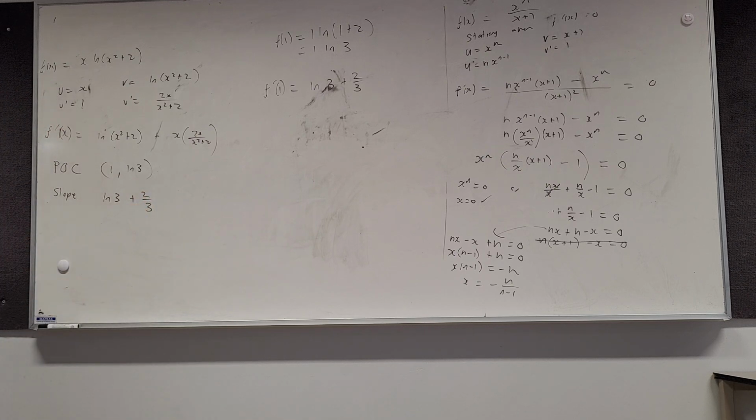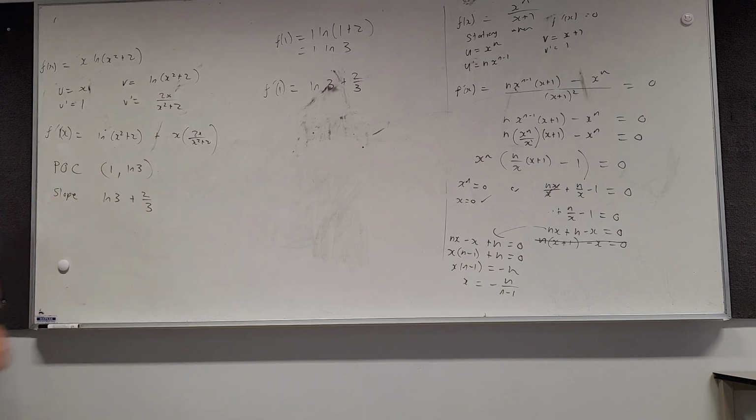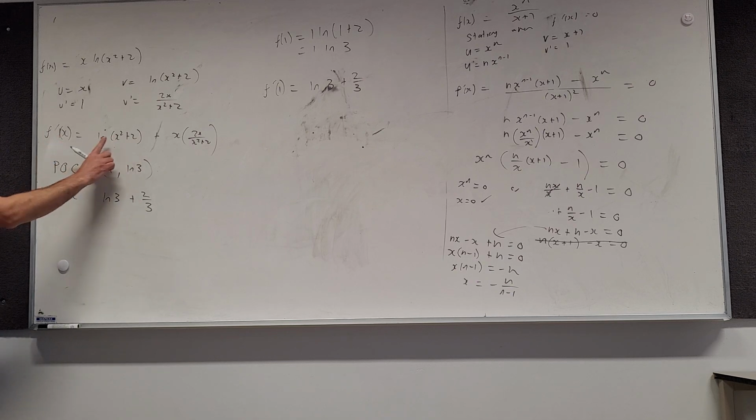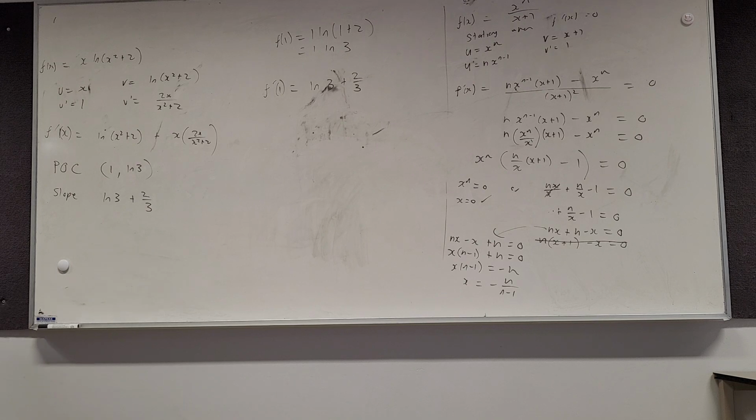What did you get, the 2/3? That component. Because when we put the number 1 into the slope, f dash of 1, ln of 3 plus 2/3. Yeah, excellent. So then if we smash all that together, they've got it in y-intercept form, so we're going to do that too. So the equation of a tangent is y